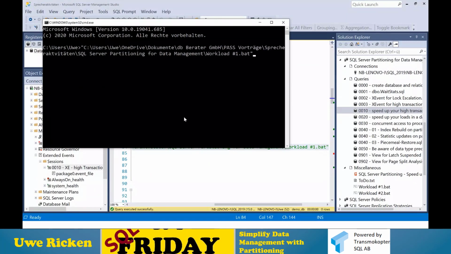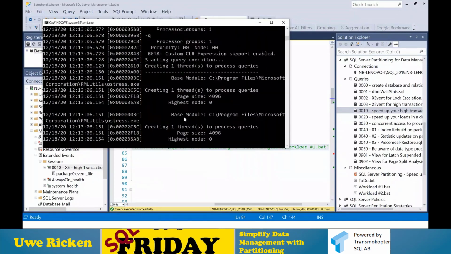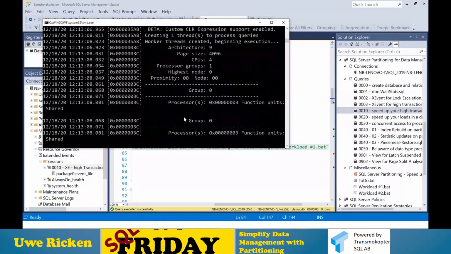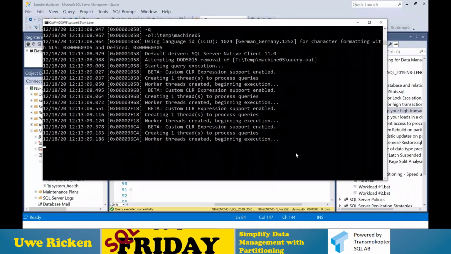And here we are. So now the system starts. The system is processing now 16 machines, and only 16 machines are now pushing the data into the table. And we need to wait a little bit. It takes a little while, up to 30, 40 seconds for running this